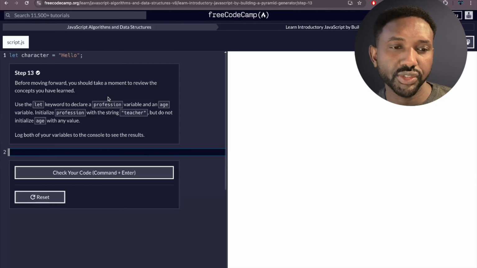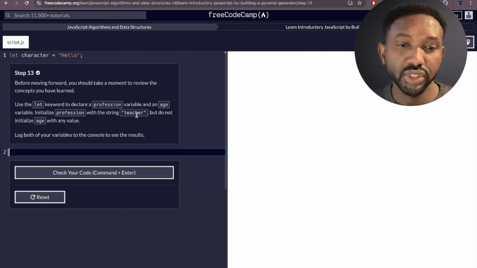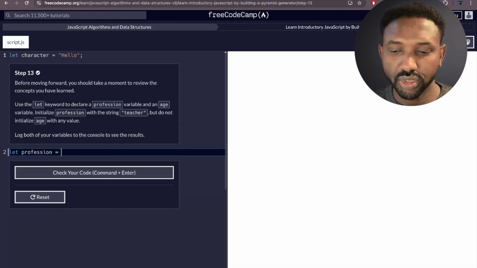I'll move on to the next challenge here, challenge number 13. This lesson is asking us to create or declare two variables, one called proficient and another one called age, and assign proficient a teacher value, and the age should be initialized without assigning it any value. Let's just use the let keyword to declare the first variable called proficient and assign it a teacher